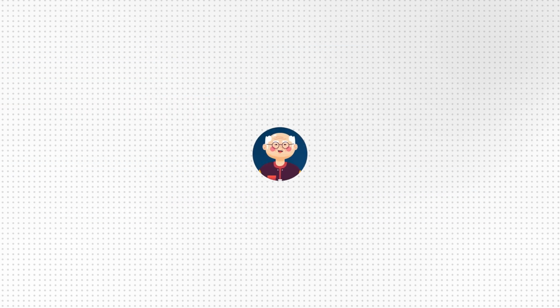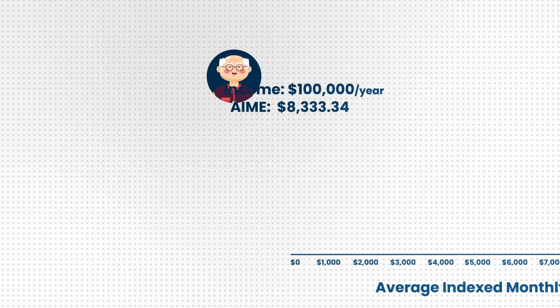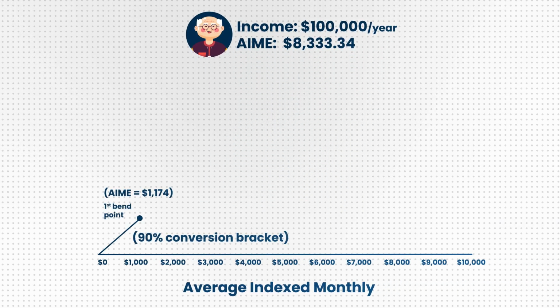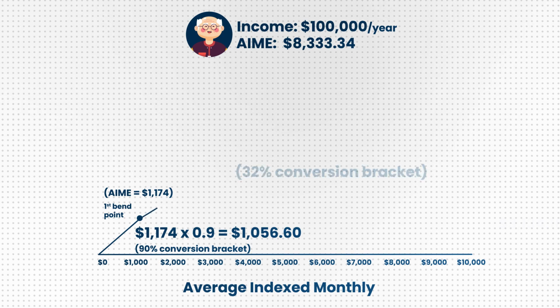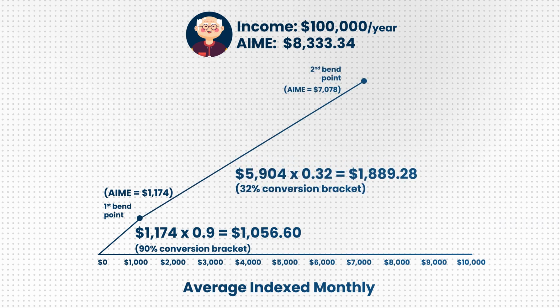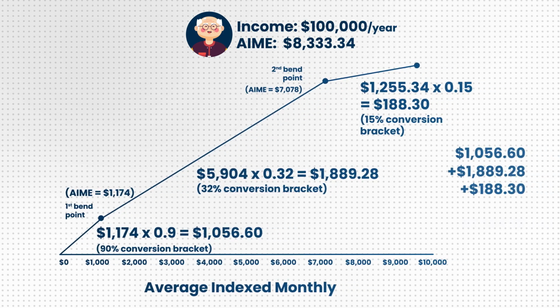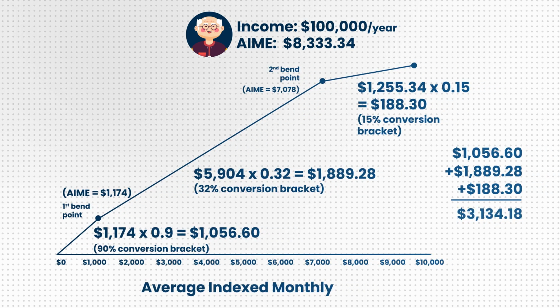$2,497.67. When we calculate the PIA for the worker with the AIME of $8,333, the calculation looks very similar. 90% to the first $1,174 of earnings, 32% to earnings between $1,174 and $7,078, and 15% to earnings beyond $7,078, giving us a total PIA of